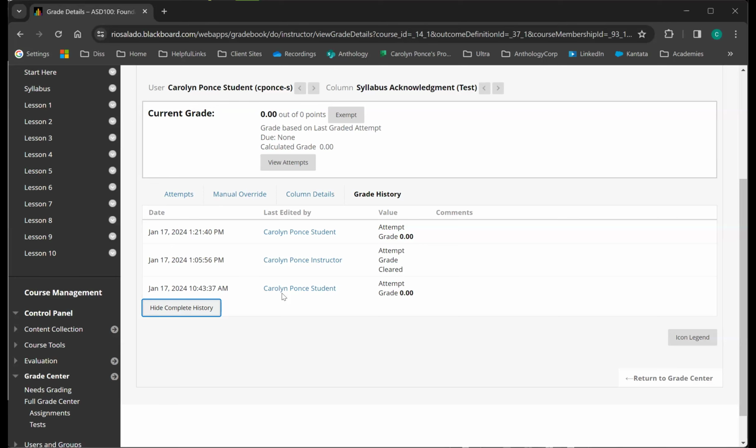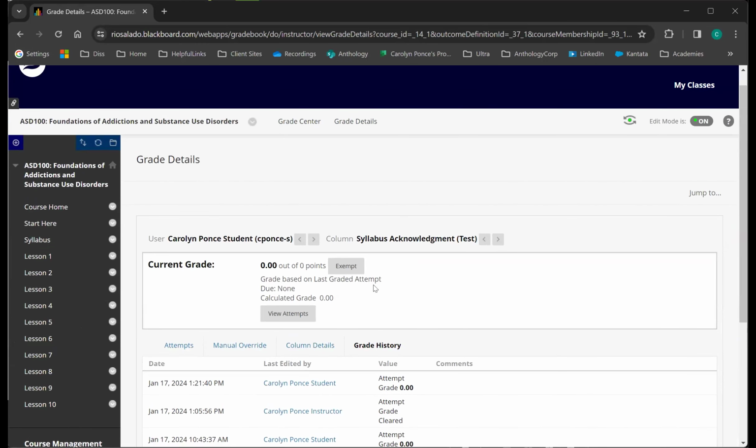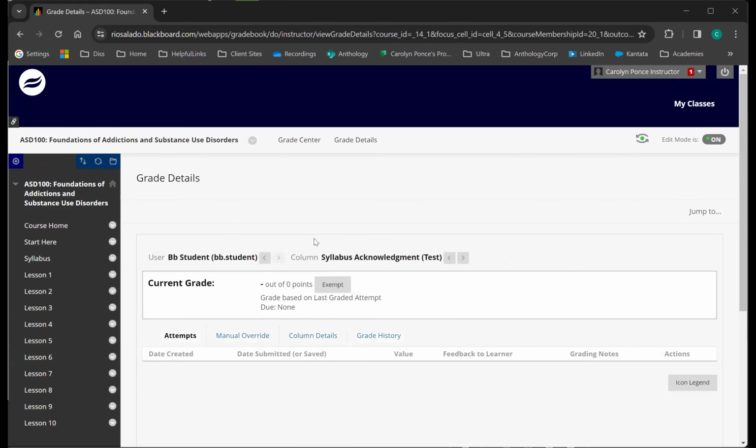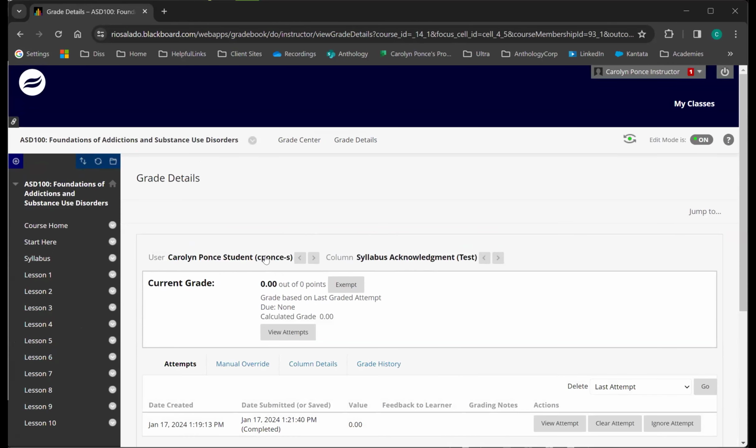You can go in and see when they started an attempt, if something was cleared, if there were multiple attempts. You can see that all from within the grade history for that individual student. And mind you, I'm going purely from an instructor account, so every instructor is able to do this. I can also navigate between students. So if I need to go to the next student, I can do that from within this one page.